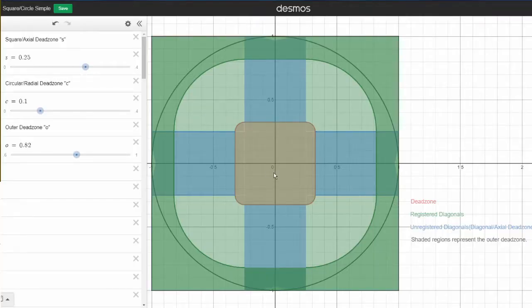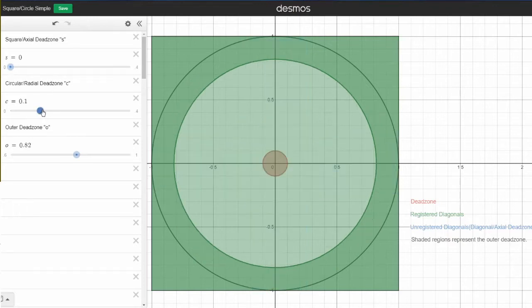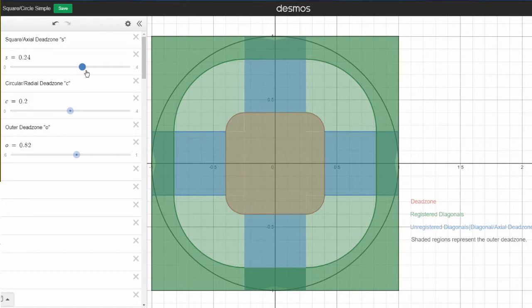Alright, so this is just going to be a demonstration of how these options would change things. You've already seen the default as well as the circular dead zone example that I gave, and to really set that up, all you'd have to do is set the square dead zone to 0 and circular dead zone to 20, and if we had these options, you'd be able to do it easily as that. And of course the defaults are about 25 and 10,